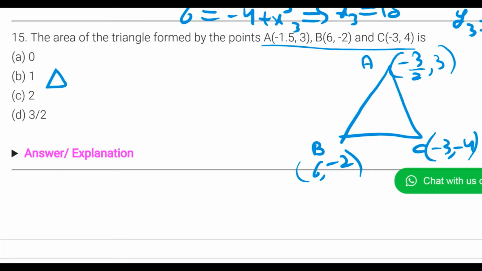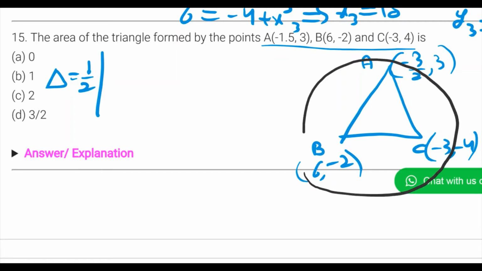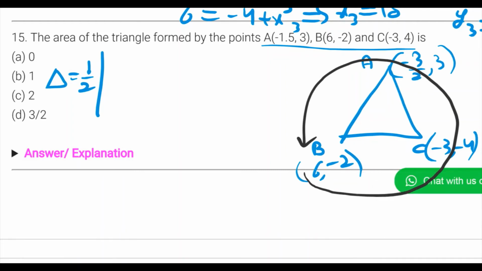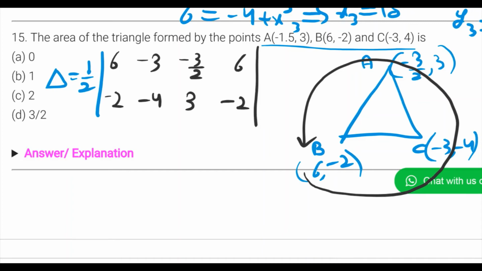Delta equals half of, starting from, let's say, C, or you can start from B. Starting from B and coming back to B in anti-clockwise. This is 6 minus 3 minus 3 by 2 and 6, and the y coordinates are minus 2, minus 4, 3, minus 2, that equals half of